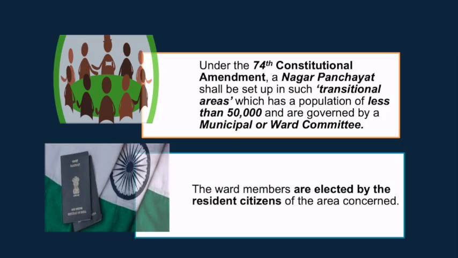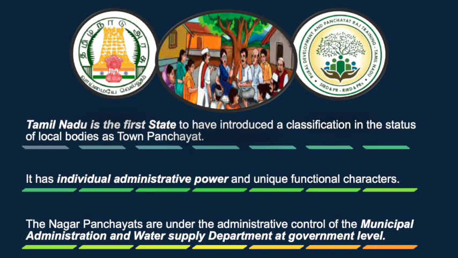See, Article 243Q provides for the establishment of 3 kinds of municipalities in each and every state. So, this Nagar Panchayat also will have wards. A minimum of 10 wards is required to become a Nagar Panchayat. Also, 3 people will be nominated by the government. The elected members, the ward members or councillors, can further elect the chairperson for the